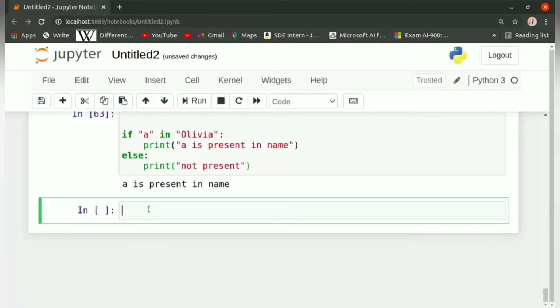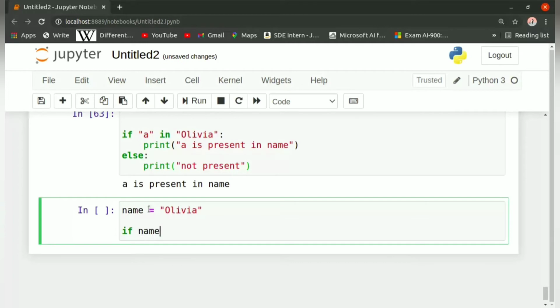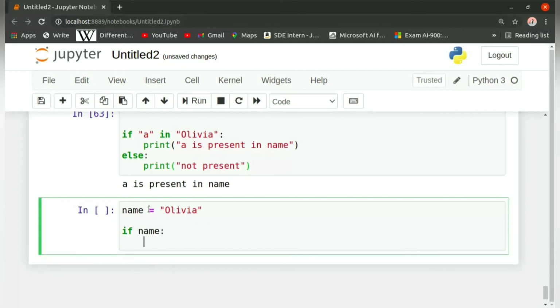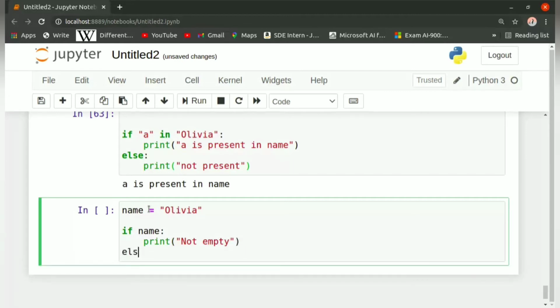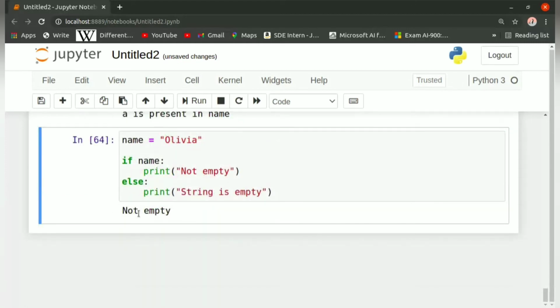The code for this will be if name then colon, that is it will check if name is true, that is if name is not empty, this thing is true, then it will execute the statement which we write as print not empty, and in the else part we will write print string is empty. And now let us try to run the program. Since we had a non-empty string, it is giving us the output as not empty.